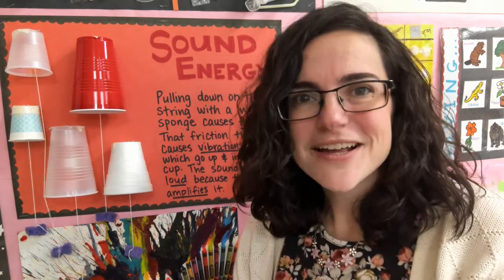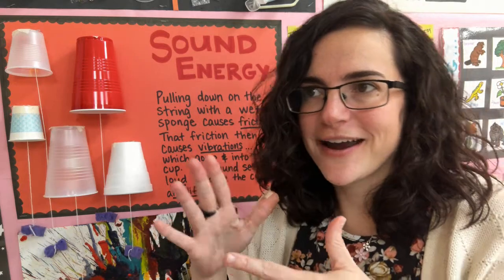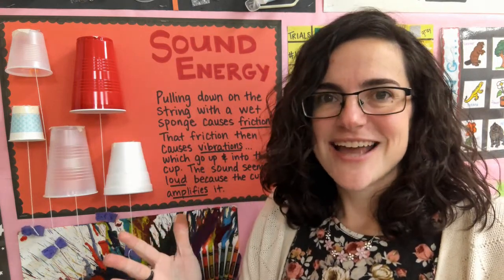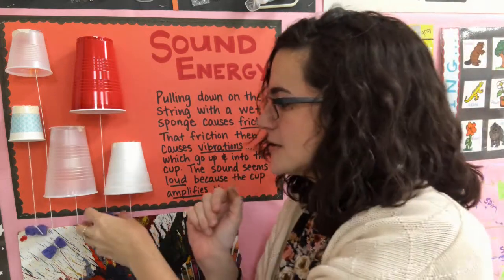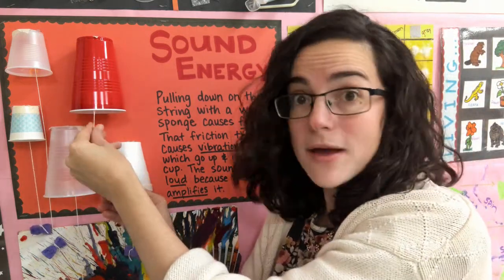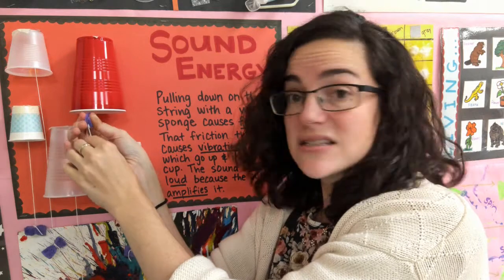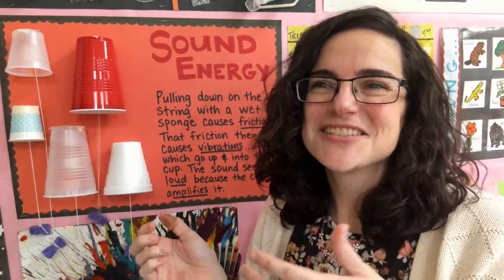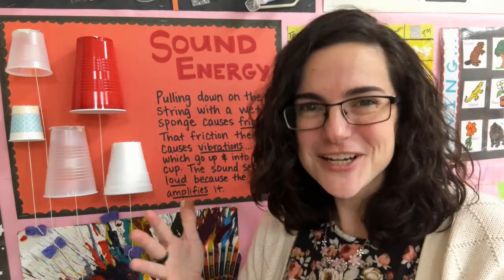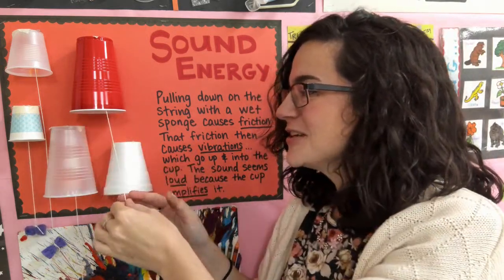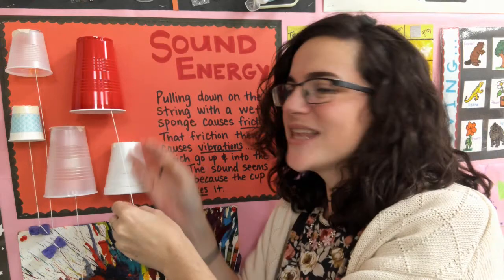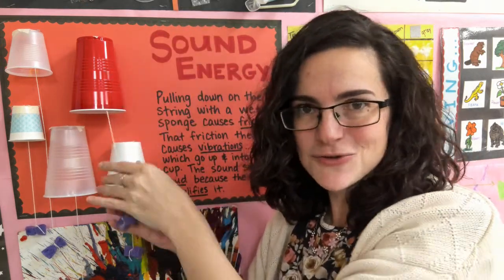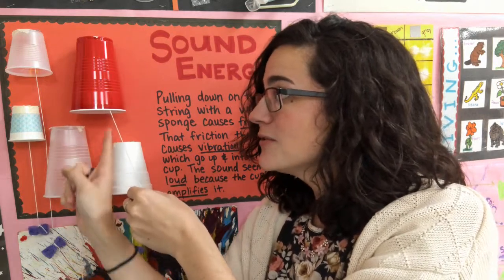Sounds like a rocking chair. Just all these croaky, amplified sounds. And that's because the wet sponge rubbing against the string like this causes what we call friction. And that friction moves the air all around it, giving those vibrations throughout the air, and it travels up the